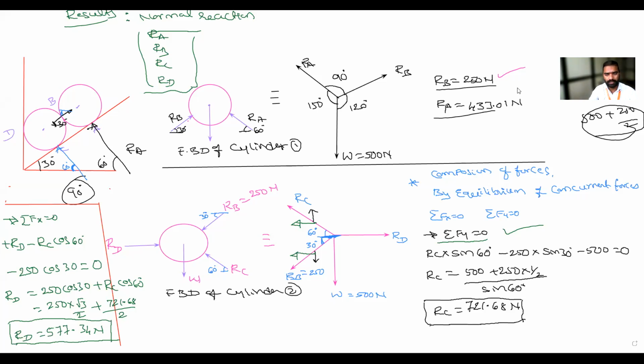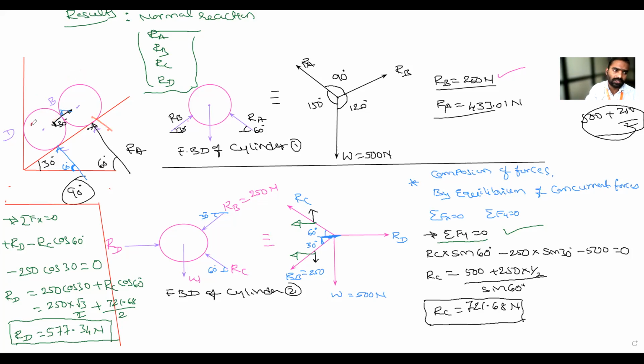So how to solve this one? Again, I will repeat once more. Concentrate. Whenever two cylinders are given in the problem, you have to select one cylinder that is subjected to only three forces, of which two must be unknown and one should be known. So this is cylinder one and this is cylinder two. In cylinder one, there is one reaction and there is one weight. Three forces: this is unknown, this is unknown.